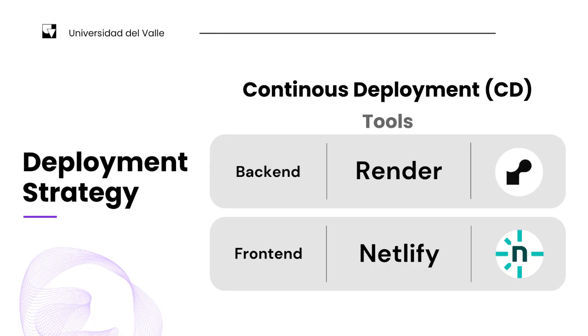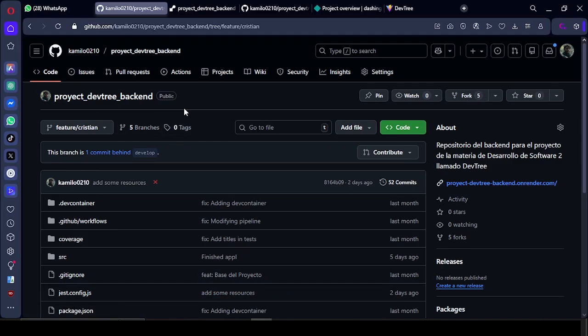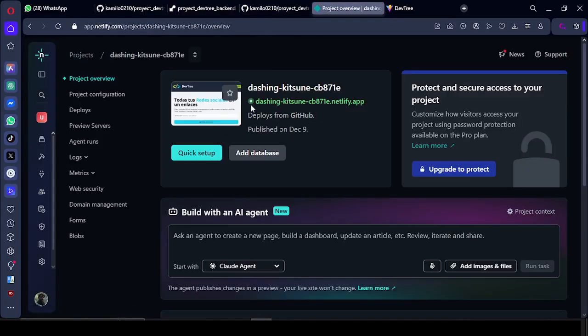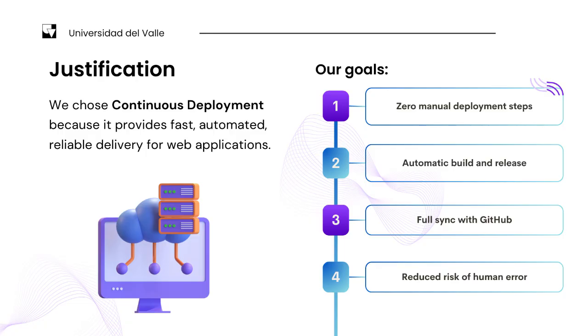This strategy means that every time we update our code, whether it's a new feature, a bug fix, or a UI improvement, those changes automatically move through the pipeline and are deployed to production without any manual steps. To achieve this, we connected both components of our application, backend hosted on Render and frontend hosted on Netlify, both directly linked to GitHub. We chose continuous deployment because it offers the best balance between efficiency and automation for our